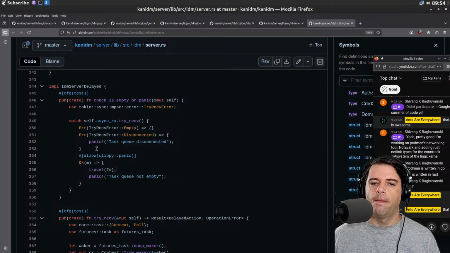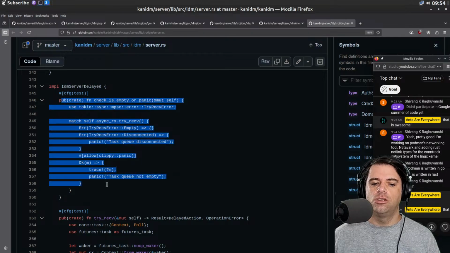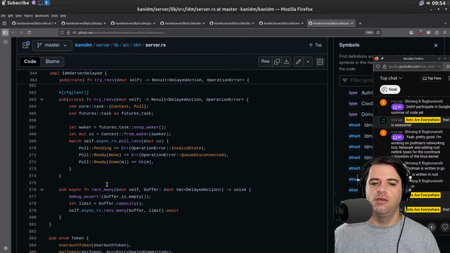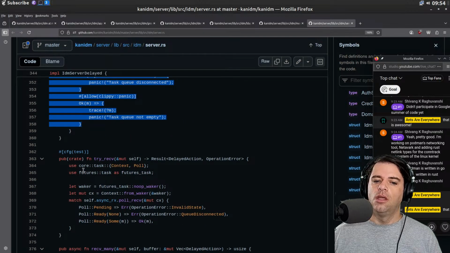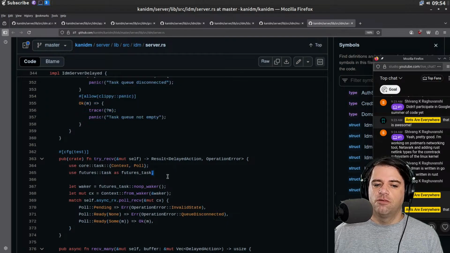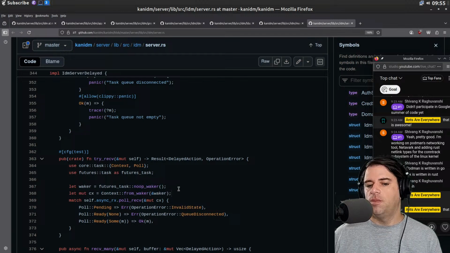Okay. And then this is just doing the check. And then try receive is going to do some future-y stuff, create some sort of future task. Wake up maybe the thread handling the asynchronous stuff. Do some poll receive stuff.